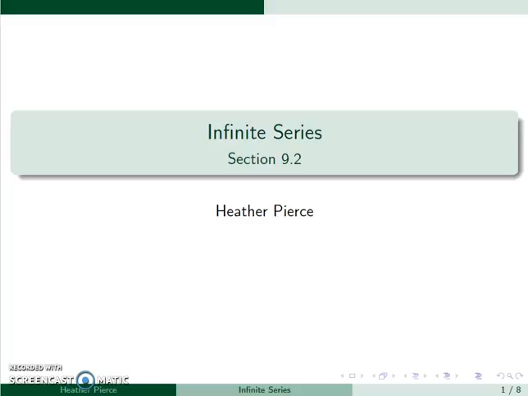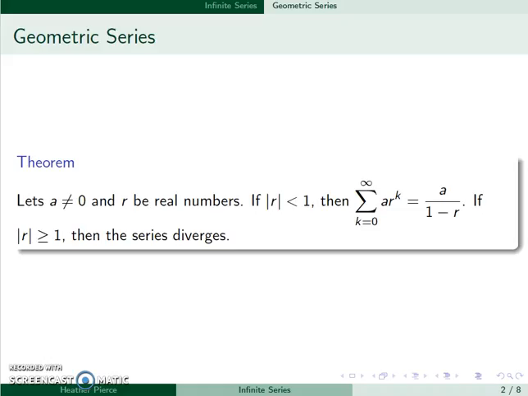We'll now look at two particular types of series, an infinite series in particular. So we'll look at a geometric series and a telescoping infinite series. So first is the geometric series. And this is if a is not equal to 0 and r is real numbers, then we have this sequence,